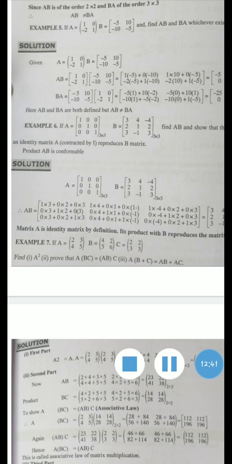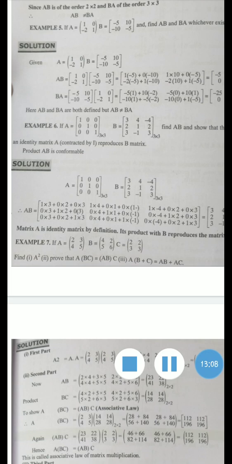Just like when we study general real numbers, if you multiply 1 with any number, that number comes by itself. 2 times 1 is 2, 5 times 1 is 5, 100 times 1 is 100. So whenever you multiply any number by 1, the number comes as the answer itself. So same here, when we multiply an identity matrix with any matrix, the answer will be that matrix itself. So this is what they have said here, since A is a matrix of order 3 by 3, B